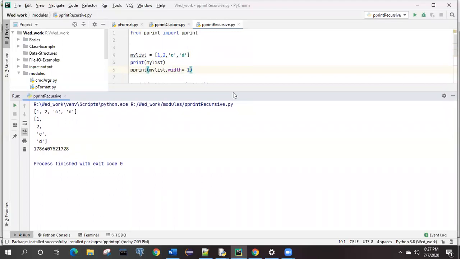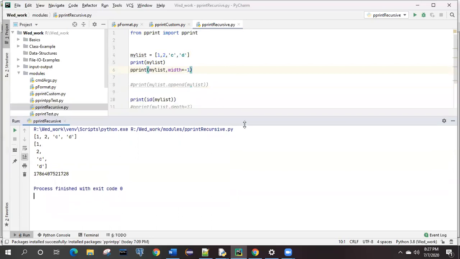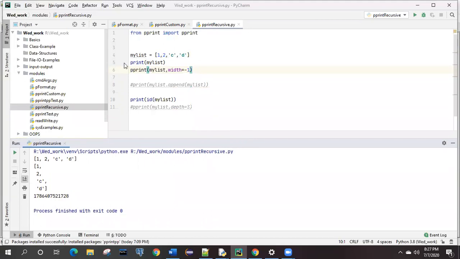From the list, how the pretty print is printing, how the value is decided. -1 means one by one it is getting printed. See this. Now instead of this width, we will make use of another parameter. We have some more parameters also, and that parameter is known as depth. If you see over here,